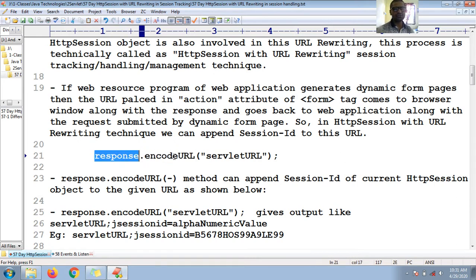Take the response, call the encodeURL method, and here is your servlet URL or destination web resource URL. So this response.encodeURL method can append the session ID of the current HTTP session object to the given URL.